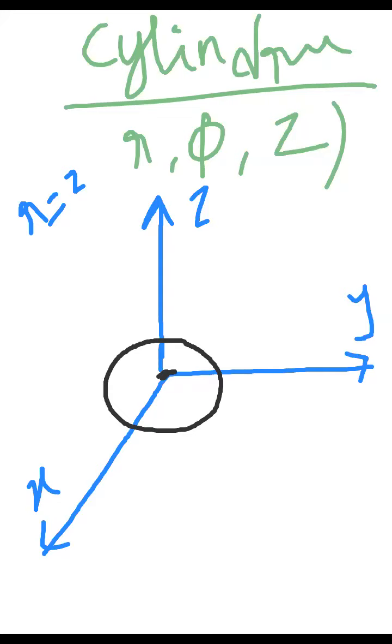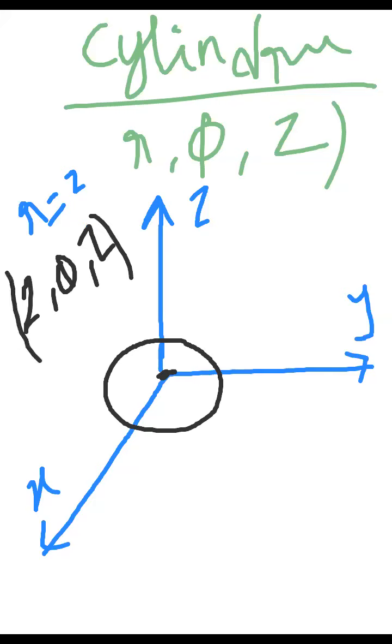Now the question arises: r is equal to 2, is it only a circle or not? You have to extend your understanding. In a 3D coordinate system, if only one parameter is fixed and you have flexibility over the others, what will you get? Surface. Yes, you will get a surface. That means what, sir?